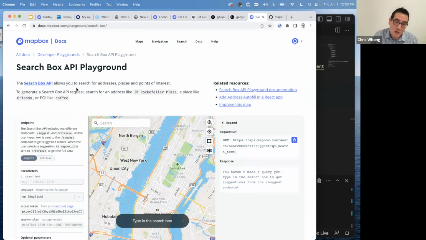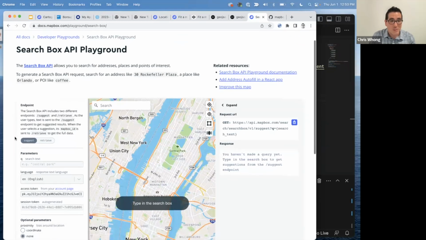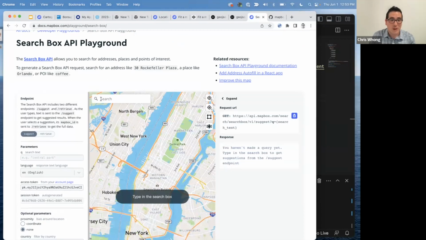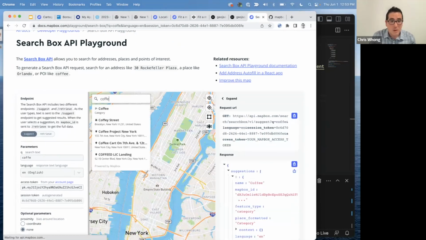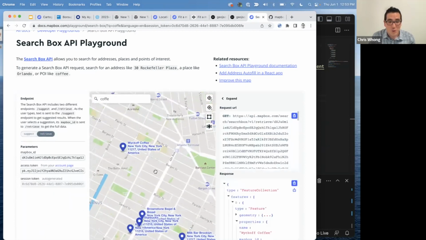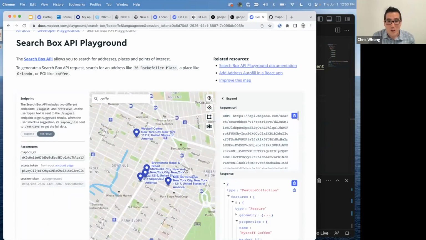It works for interactive search, but the intent of Searchbox, which just launched a few weeks ago, is to be much more oriented around interactive search, and not just for location search, but for points of interest and coffee shops and things like that as well. So it's a very similar interface to the Geocoding API Playground, but you have the full reach and data behind the Searchbox API. So you can search for things like coffee as a category near where you are, and it'll bring up coffee shops, and you'll probably find fewer of those over in the Geocoding API.